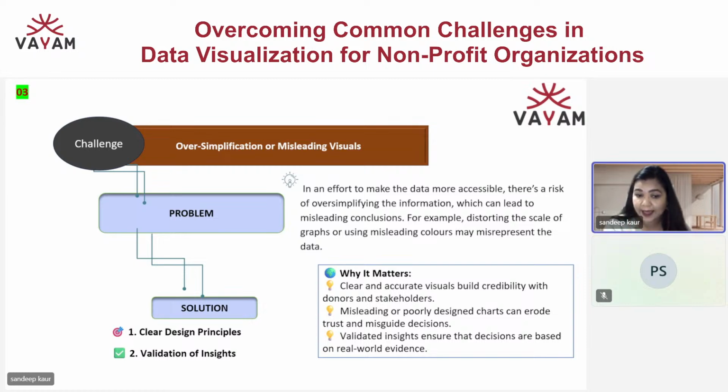Usually I've seen people making Excel sheets with different colors, and there's no standardization in presenting those graphs. Make the graphs in a way that those graphs are standard. The color coding is standard. Make it very clear in terms of formatting that these principles have to be used to present certain information so that your stakeholders also get used to reading those reports. And it becomes easier for the validation of insights also. So once again I'll repeat the first step: you made the data centralization, cleaned your data, and made the principles for presenting your data, right?